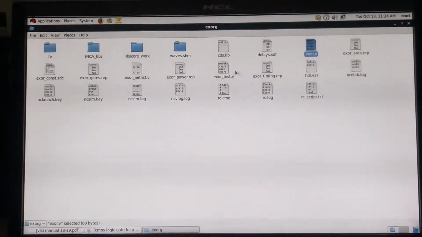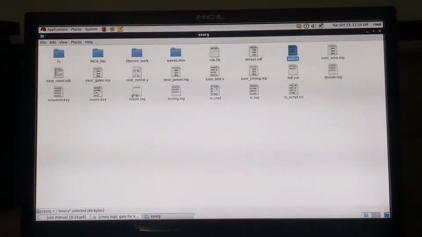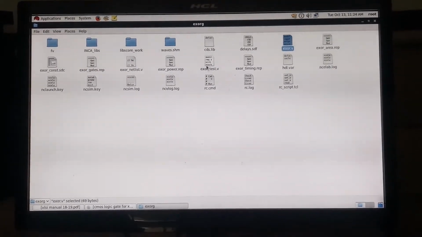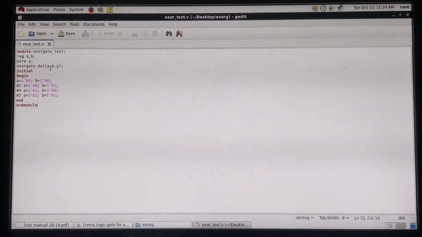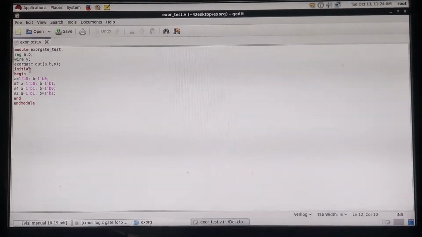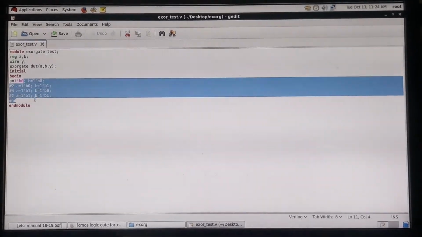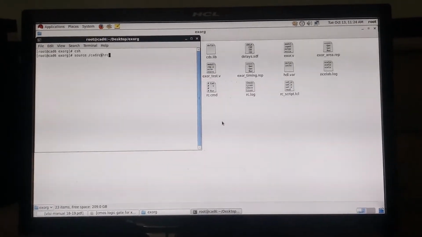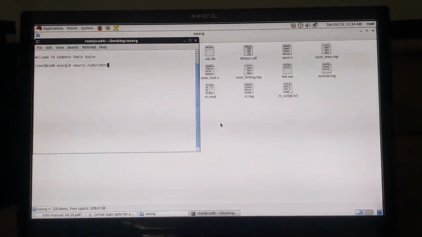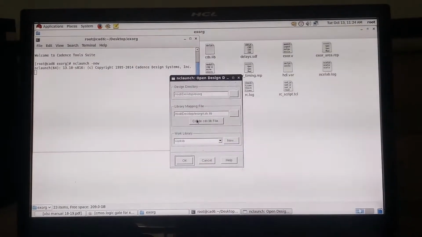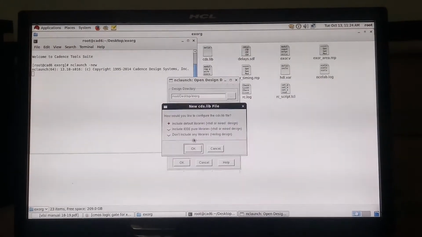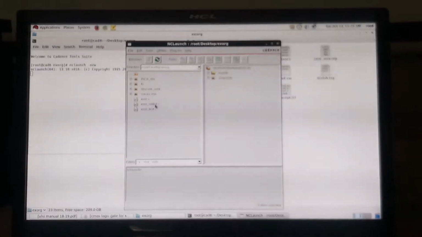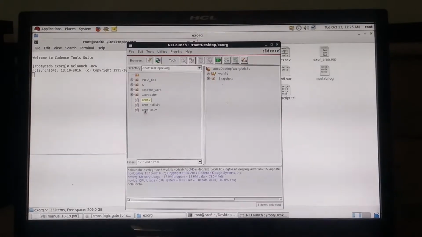Next we go to the test bench program. So this is the test bench program. Register, wire, initial, DUT instance, and in the initial block we have assigned the input for every 2 nanoseconds and 4 nanoseconds, and we have to check the output. Then right click, open terminal, type source .cshrc, again nclaunch -new, multi-step, create, yes, don't include any file, okay. So select, compile,